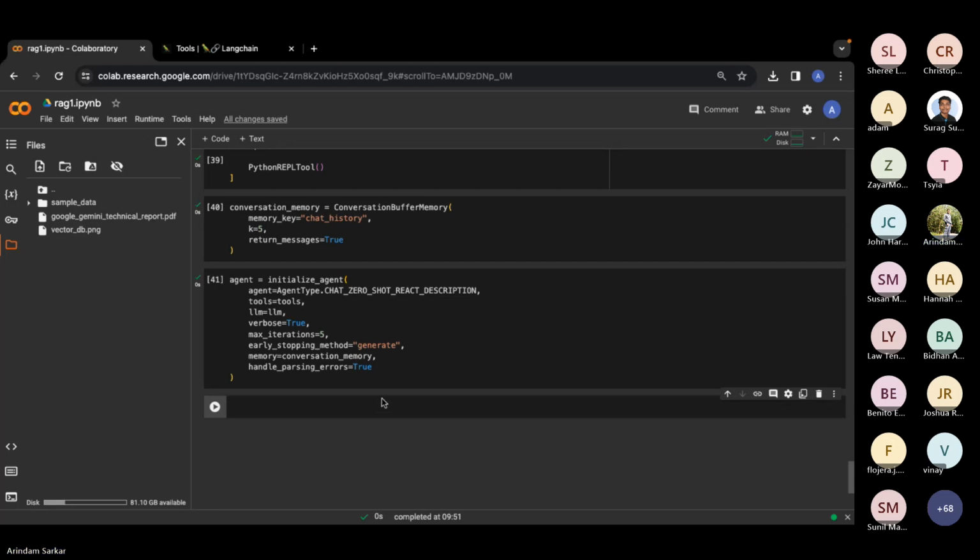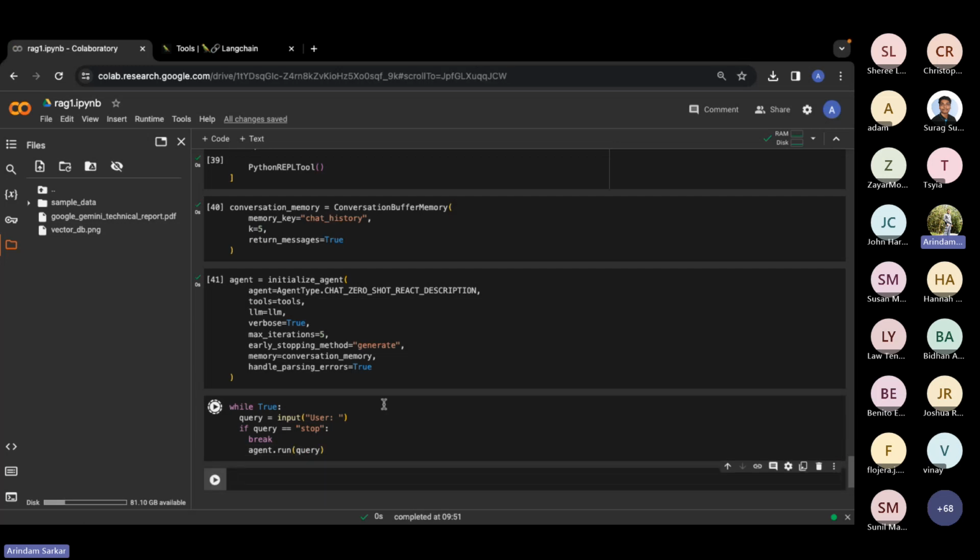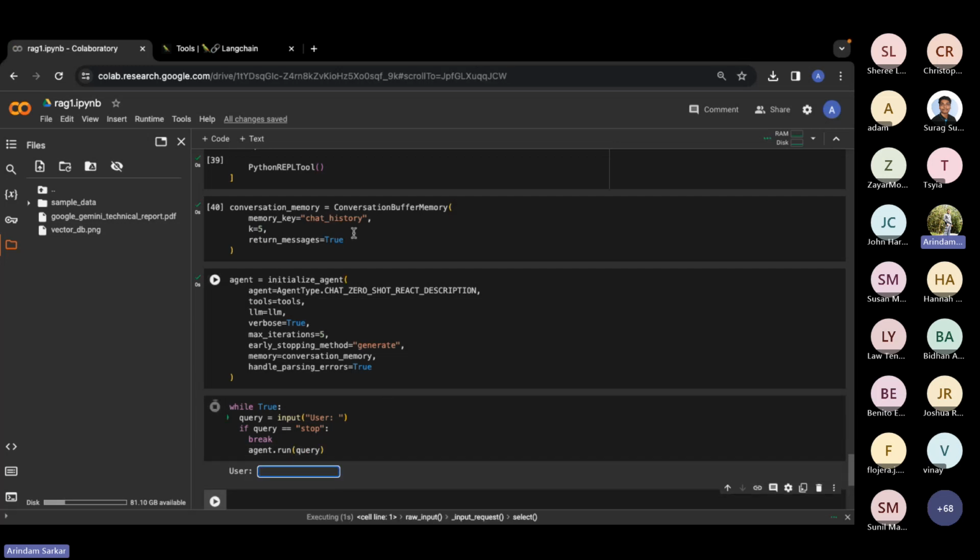Now let's do something different for an exercise. As a start, let's start with a very simple example, right?